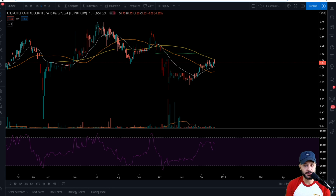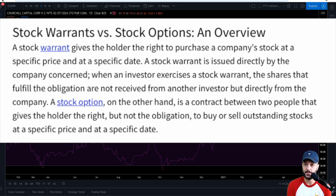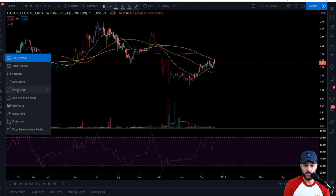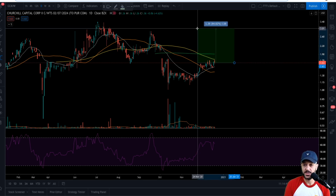Now, if you want to engage in a little bit more risk for higher returns on something like CCX, something that you might not be that excited about for the long term, look at CCX warrants, right? So warrants are basically like options, but instead of it being a contract between you and another trader, warrants are a contract between you and the company, in this case, the SPAC, Churchill Capital Corp 2. It gives you the right to buy shares of Churchill Capital at $11.50, but I don't care about that. All I'm looking to do is ride the price of Churchill Capital Corp 2 up, and therefore the warrants will go up in value. Right now they're trading at $1.63. So if you bought these warrants, for instance, and they just got to their previous pricing of around $3, you're making 84%,